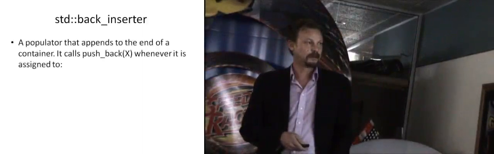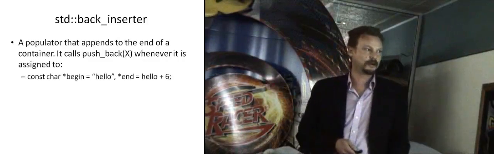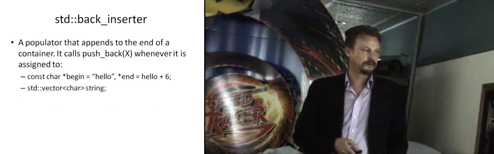So standard back inserter is a populator that appends to the end of the container. It calls push_back on whatever it is assigned to.